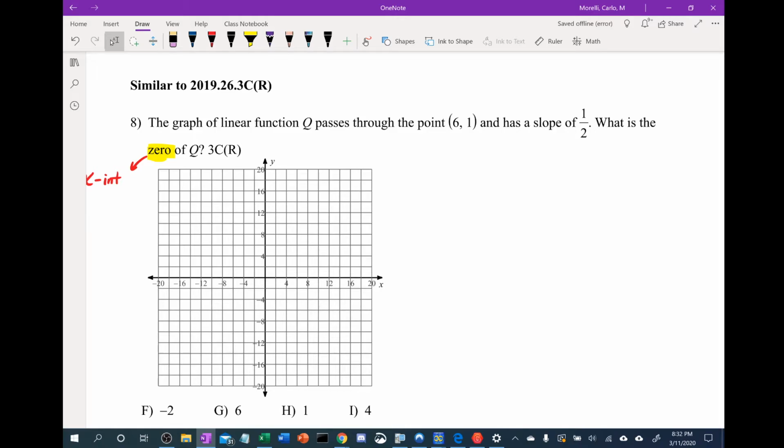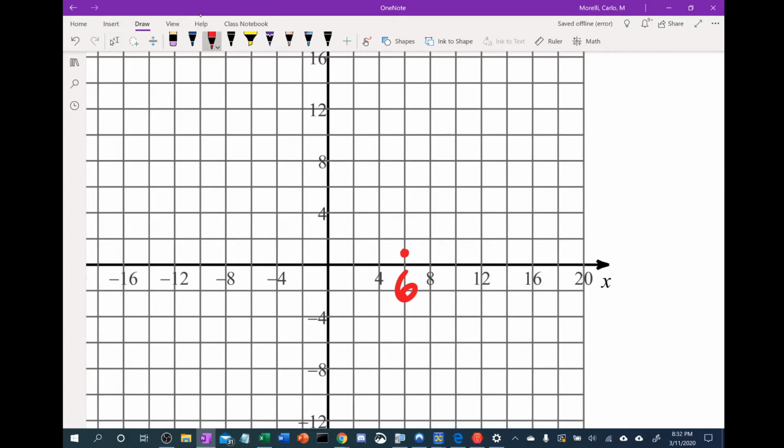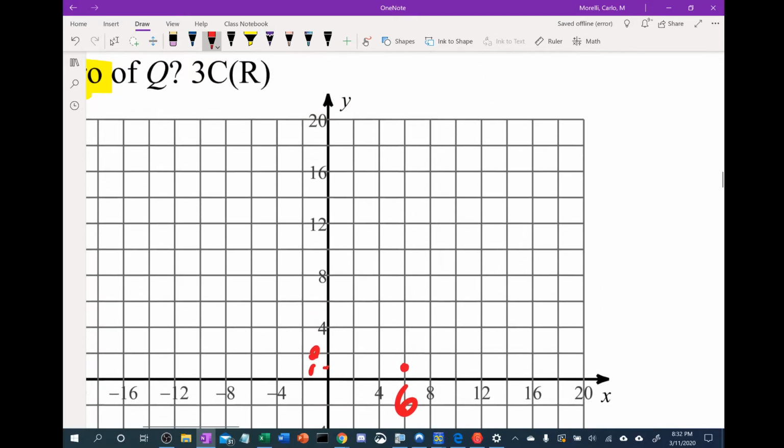But the way that most students like is they like to plot this point, because we're given a point here, and we're given a slope. So most students instantly look at the picture and say, all right, (6, 1) is located right here. These y-axis figures are denoted in 2s, so halfway between would be 1 right there. So there, and now I would go